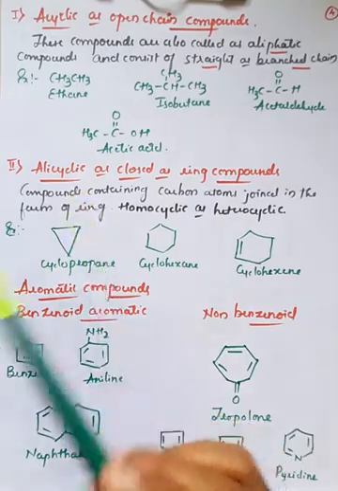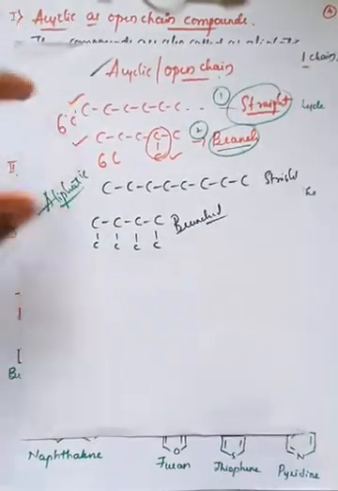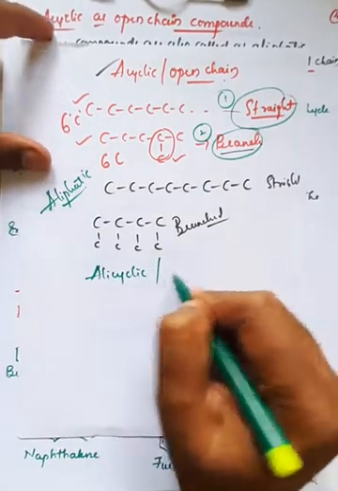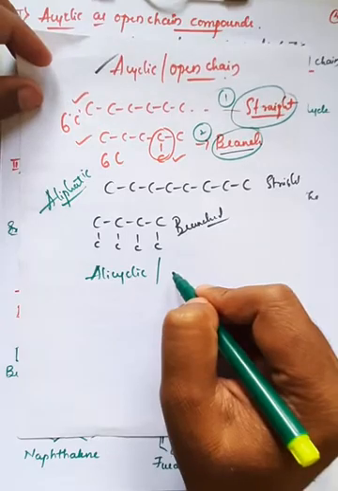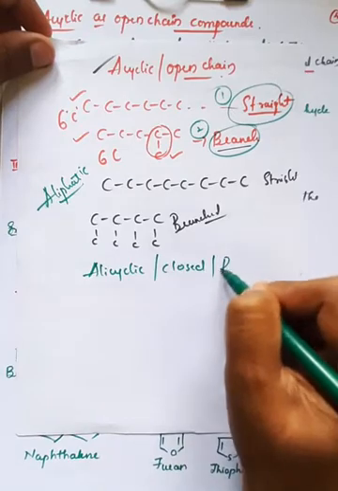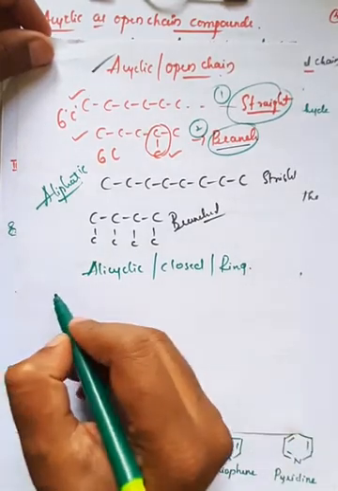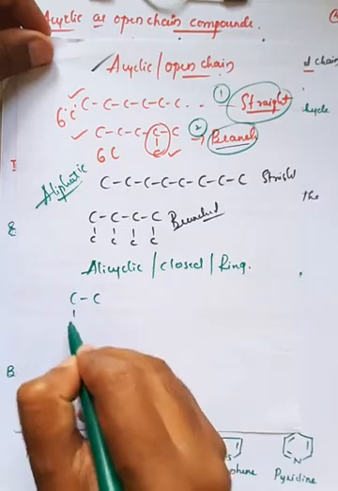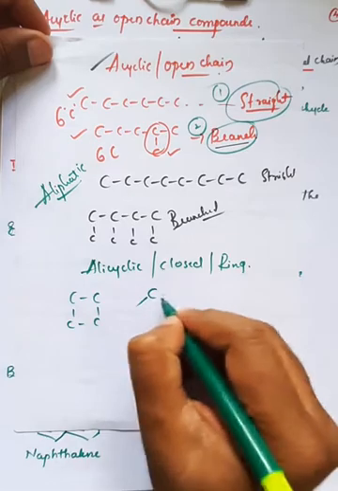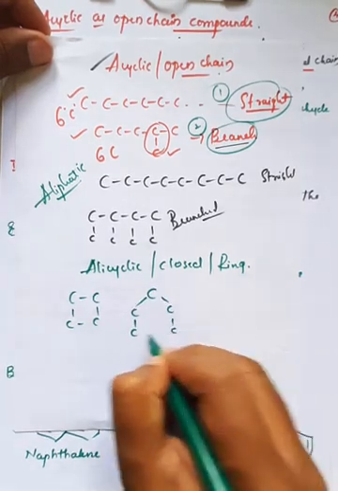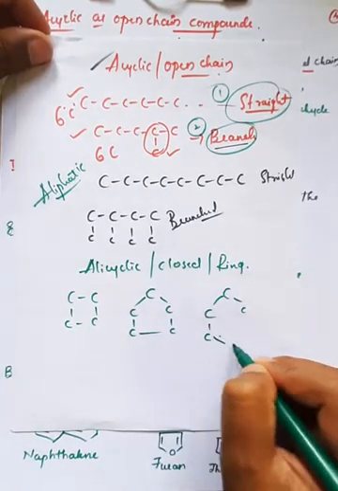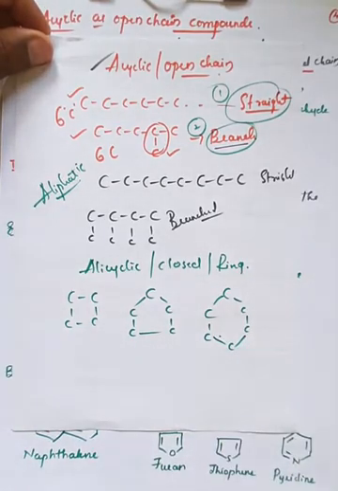So in case of alicyclic, we'll do a bit of rough work here. Alicyclic, you can also call it a closed chain or a ring structure. So if you take 4 carbon atoms, these carbon atoms can be in the form of a particular ring, right? So this is called butane. If you take pentane, it is in the form of this. Already we have seen this structure, this is pentane. If you take hexane, it will be in the form of this, right? So it is in the form of hexane.